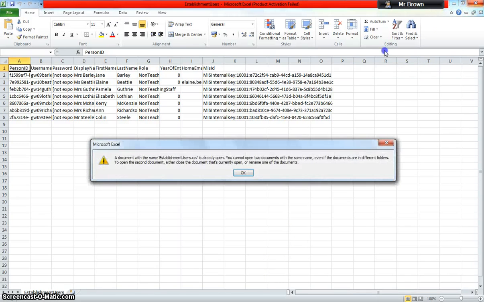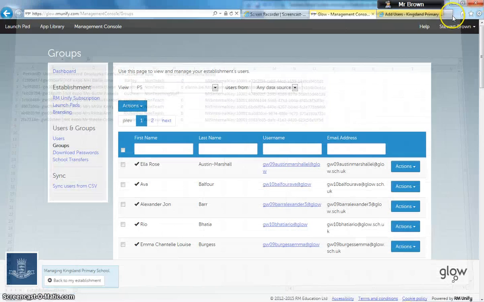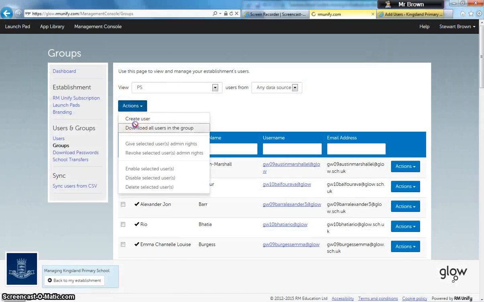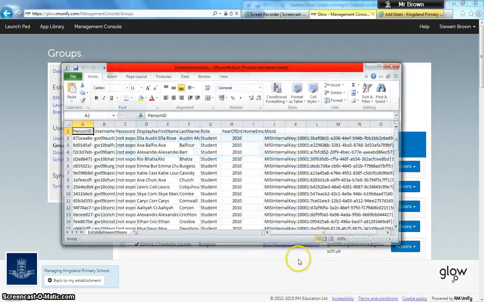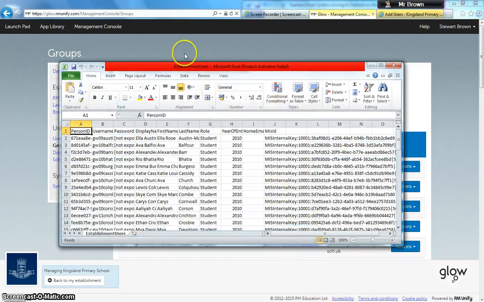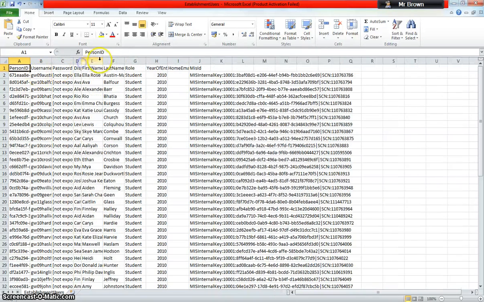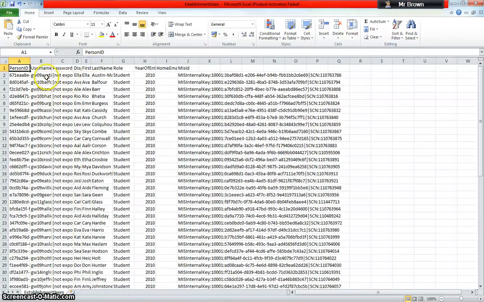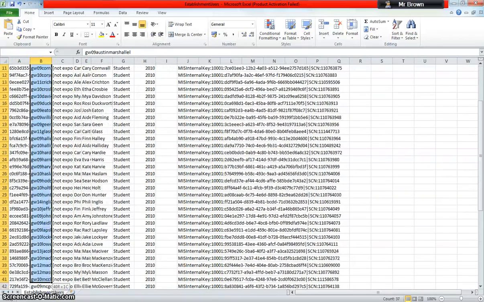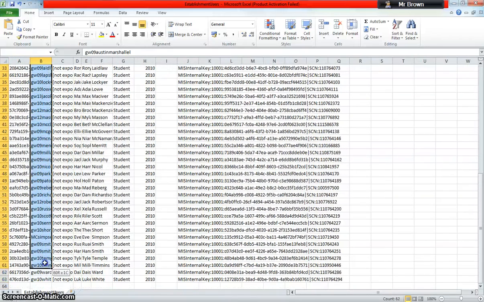a, I'm going to cross that off because I already had something saved before. It should open in an Excel document, so I'm going to try that again. Download, open, and that's just got them. So here you'll see that it says usernames. So all I'm going to do is just highlight them. I'm just going to go down all the way so I get all the usernames, and then just Control C,